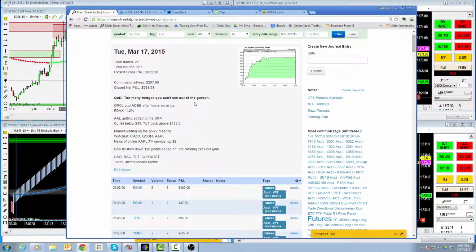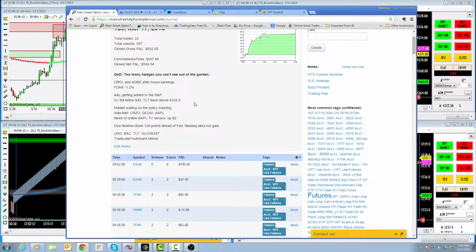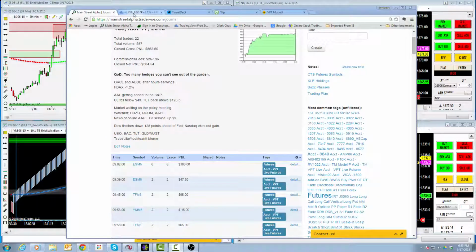So I mentioned today in the midday update the three Bs, which are banks, Bank of America, bonds, TLT, and gold. Let me see if I can get real good at this. I can even do things like highlight that for you, what we're going to be talking about right there. So USO, BAC, TLT, and gold, which we described as bullion. So let's go ahead to the charts and take a quick look.